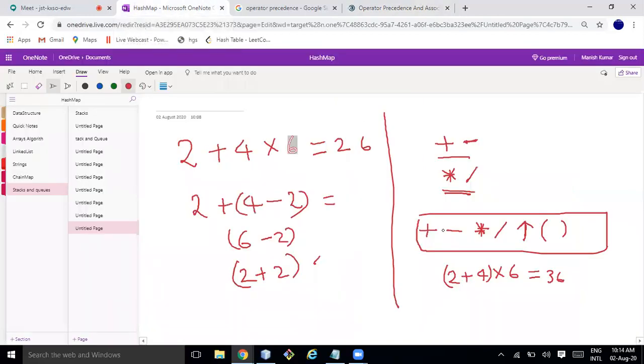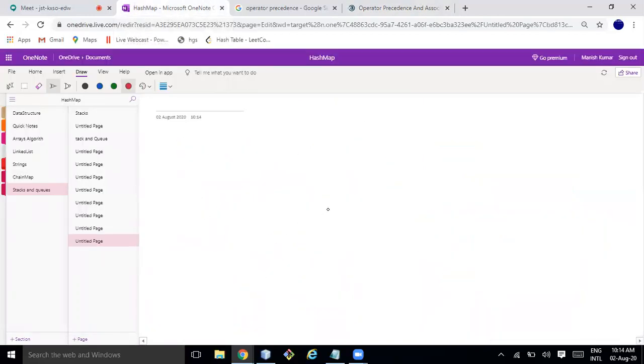If I ask to arrange these, let me write it like this: power operator, then into, division, modulus I am ignoring for now, then plus, minus. One thing I would say is that the power operator has associativity right to left. Only power has associativity right to left; all the remaining have left to right.